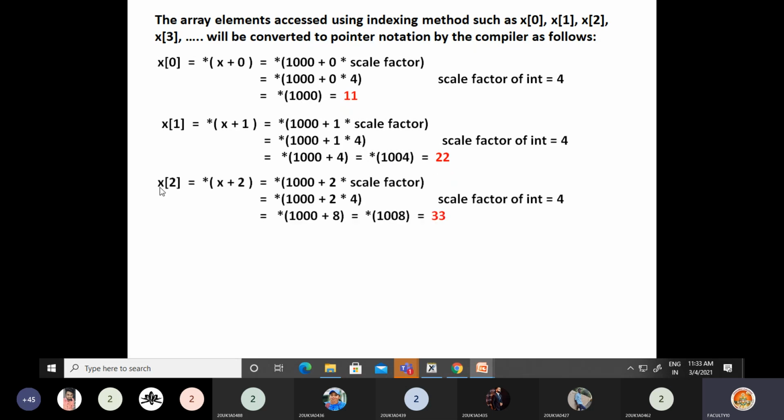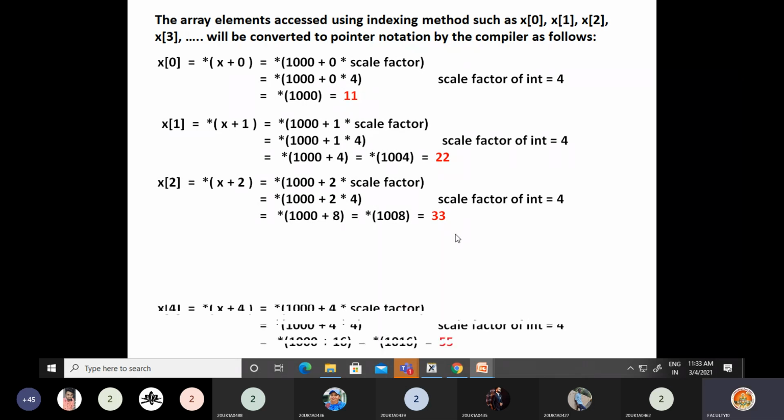Similarly, if you write x of 2, the compiler calculates the x of 2 element using this formula. So 2 into scale factor 4 is 8. 1000 plus 8, 1008 is 33 here. Similarly, you can calculate x of 3, and x of 4 is calculated as 55.